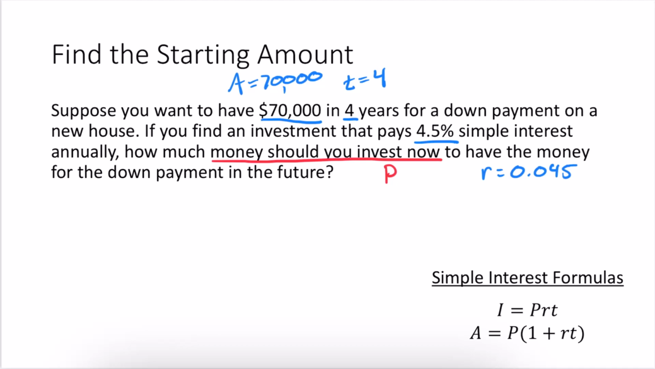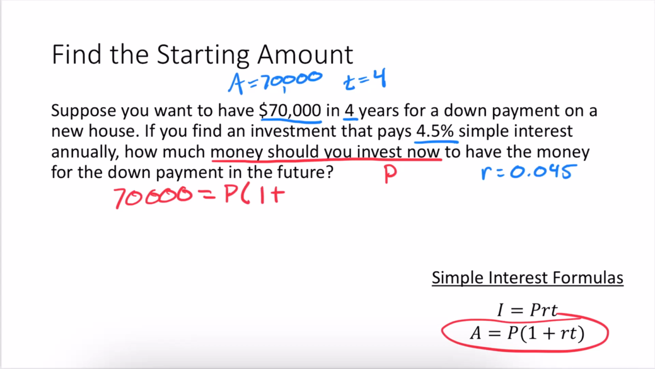So to find what we're looking for, we first have to decide which formula out of the simple interest formulas to use. So because we have A, that means we're going to end up using this formula here. Because we have A, we have T, we have R, and we're looking for P. So when I substitute all my values in, I get 70,000 equals P times 1 plus 0.045 times 4. And 0.045 times 4 is 0.18, which tells us that we're earning 18% simple interest in this